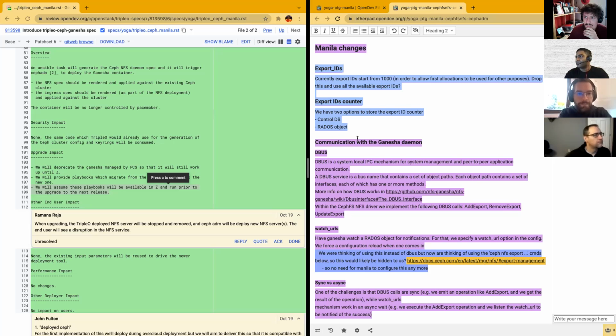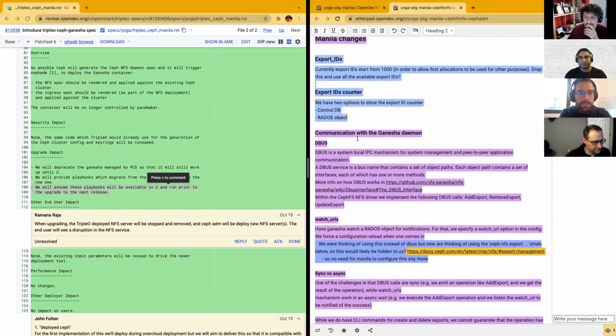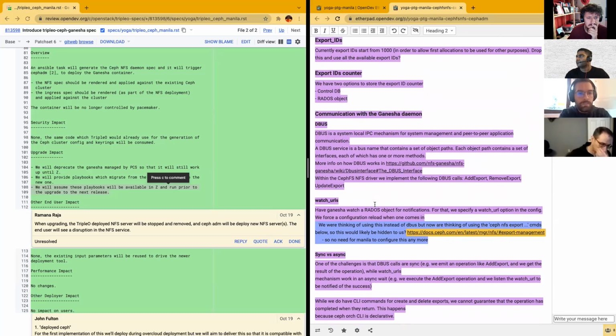Yeah, that's correct. Right now, we are managing the export IDs within the NFS Ganesha driver, and we are calculating the next export ID by the number that we store in the RADOS object. And we start from 1,000. That's not configurable, that's something that is in the code. So I was wondering if, apart from the refactor that we need to do in order to start using watch URLs, we actually want to change that as well, or if we want to stick with